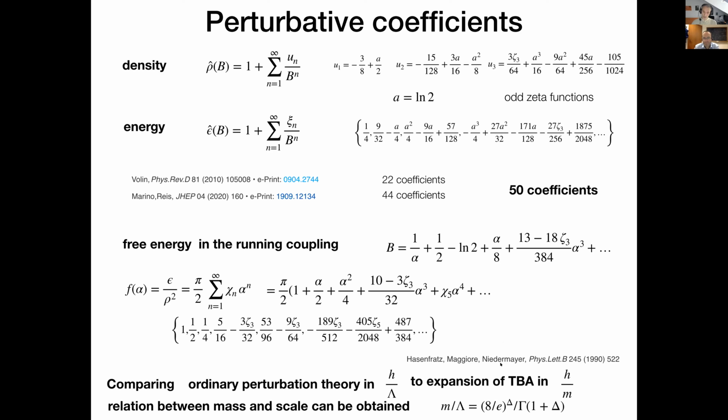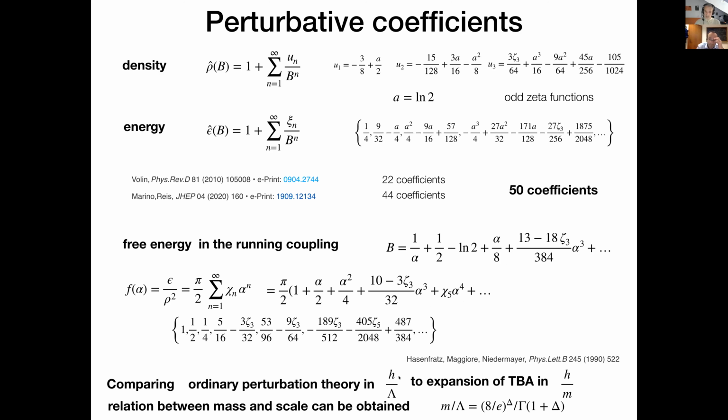And the way Ferenc Niedermayer first conjectured this formula, actually, he calculated these two expansions, especially the TBA calculation, numerically to several digits. I think it was like 6 digits or so. And then from the 6 digits, he could see that this should be 8 over E, just looking at the numerical value. And then later he proved it analytically. This is the history.